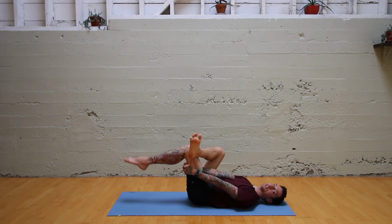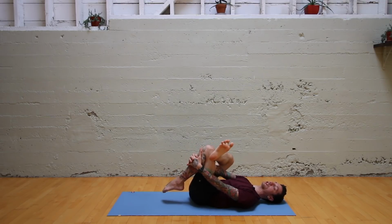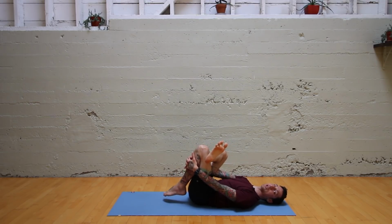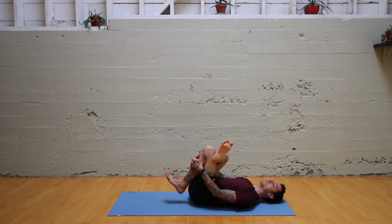And you have two choices. You can interlace behind the left thigh, or you can interlace at the shin. What I want you to be able to do is breathe here, right? So if one's not supporting the other, back off the posture a bit. Good, and then every inhale, create some space in the body. So feel yourself inflating. Now as you exhale, you're slowly pulling your thigh or your shin closer in towards your